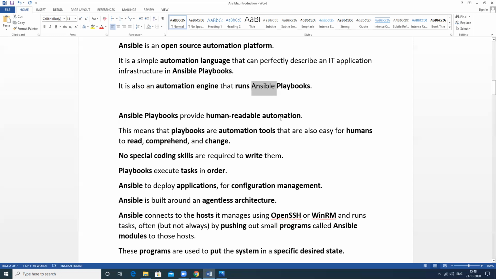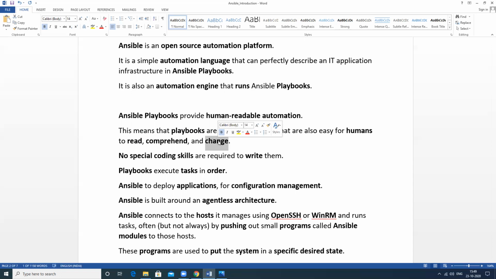It's just a file in which we write all the data. It is easy to read, comprehend, and change, so we do not need special coding.